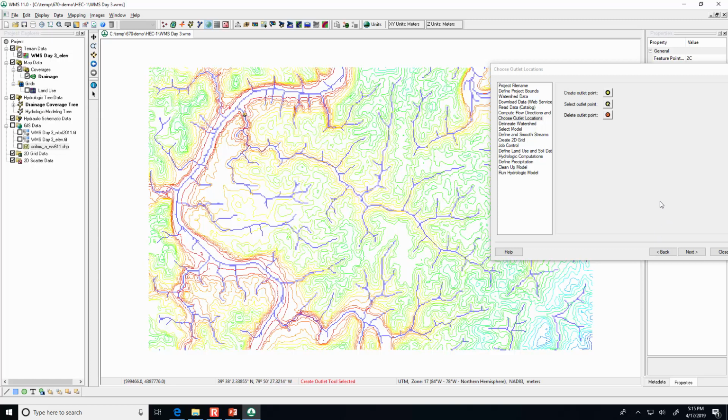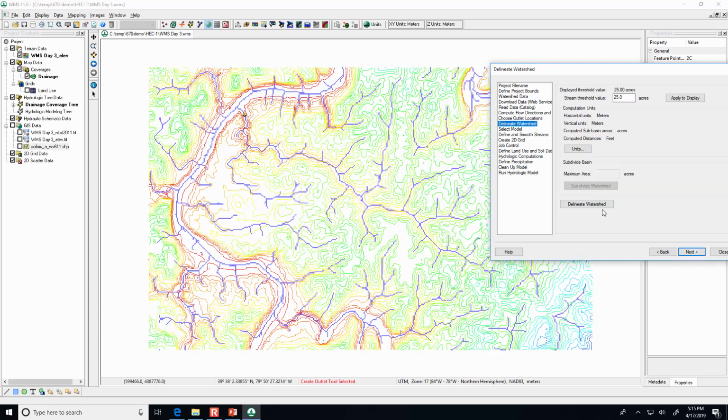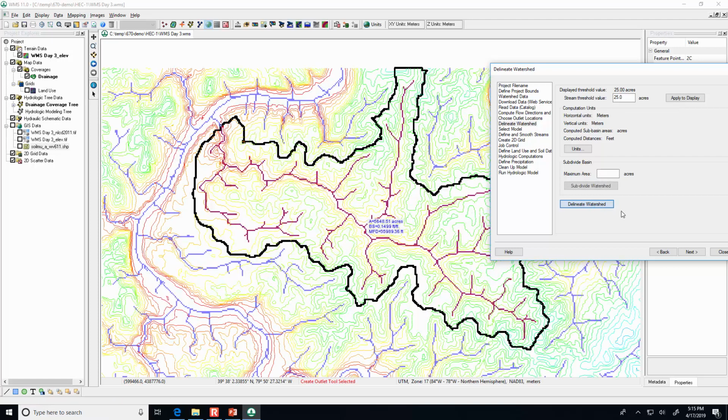But just on the tributary, I created an outlet, and now I'm going to delineate the watershed. Let's see if it goes all the way up to the top. If we get a flat line at the top, that means I need to zoom out. See that flat line? That means I need to zoom out further. Because this isn't a real watershed boundary here. That just means I didn't zoom out far enough.